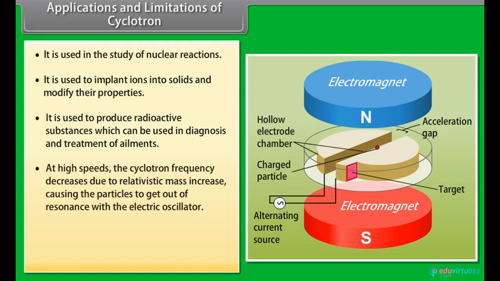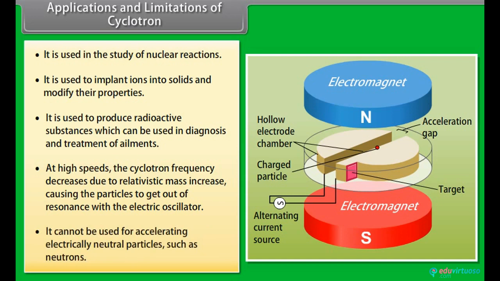At high speeds, the cyclotron frequency decreases due to relativistic mass increase, causing the particles to get out of resonance with the electric oscillator. It cannot be used for accelerating electrically neutral particles such as